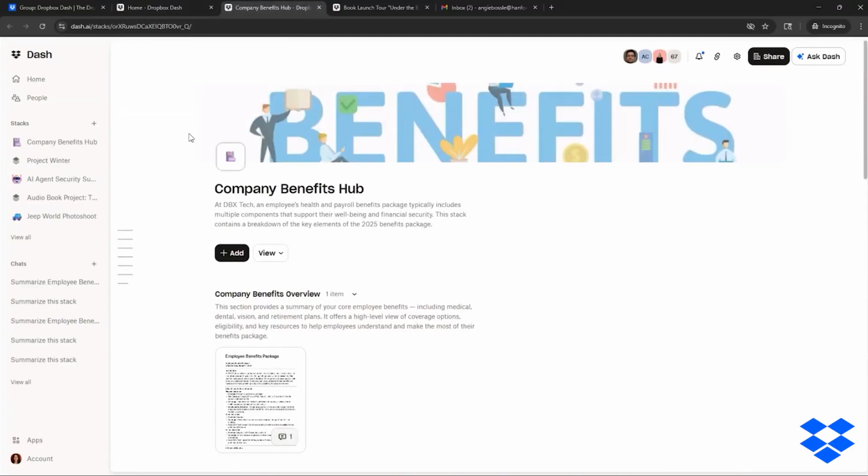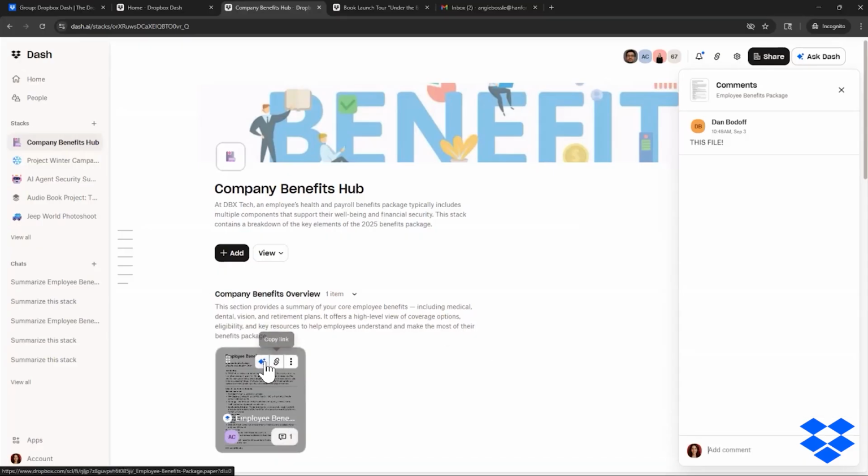Stacks makes it really easy to keep everyone on the same page, especially new teammates. Let's say I'm a new employee and the HR manager, Dan, has shared this benefits stack with me. I can see right away that Dan has utilized comments to point my attention to this specific file. I have options now. I can comment back and ask my question of Dan,